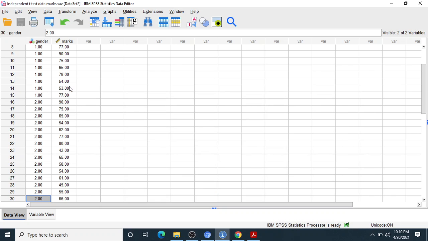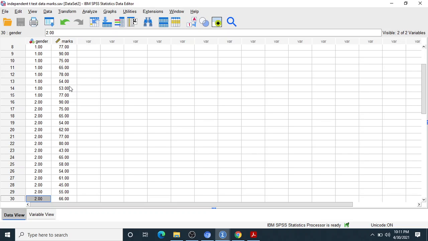So next, let us check it. Remember, before comparing the means, in the case of a parametric test, it is mandatory that first we check the normality and the homogeneity, because that is the difference between the parametric and the non-parametric test. So in the parametric test, first of all, we have to check the normality and the homogeneity factor, whether it is there or not.